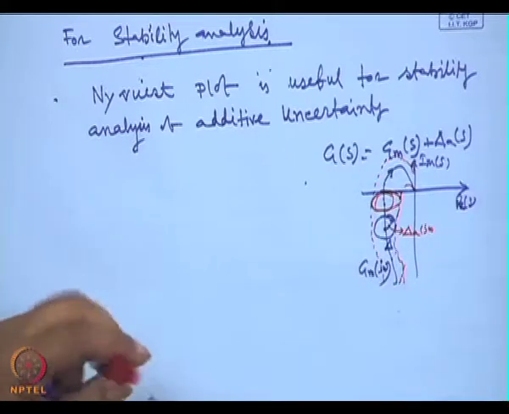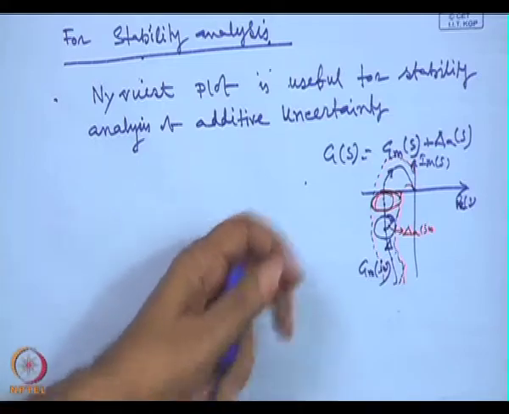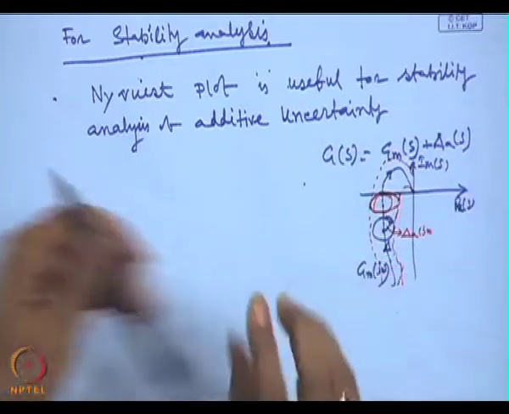So, if additive perturbation is there, then plot the Nyquist plot to study the stability of the perturbed